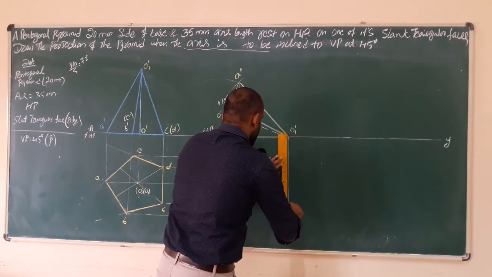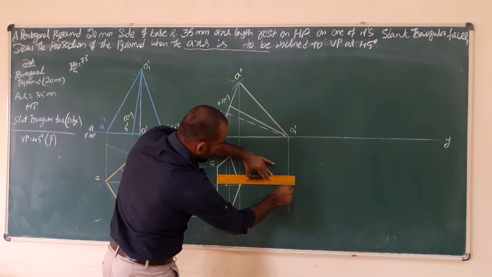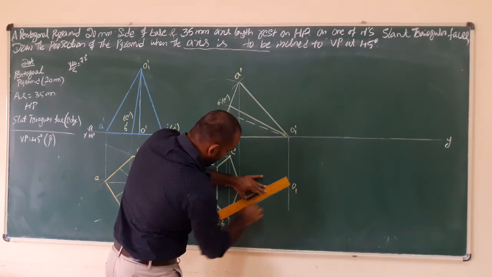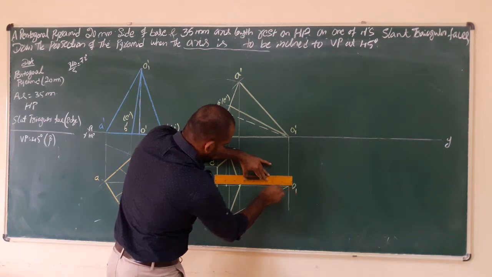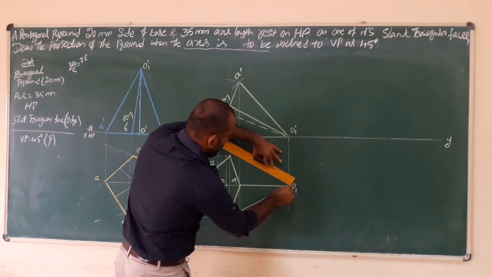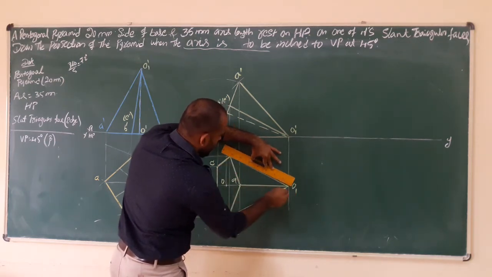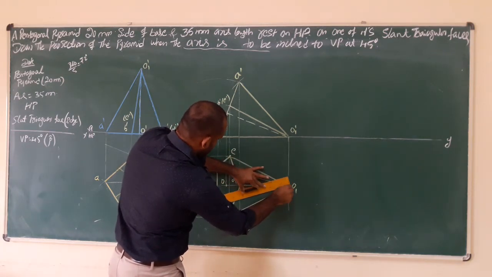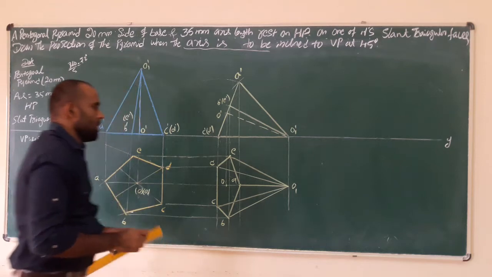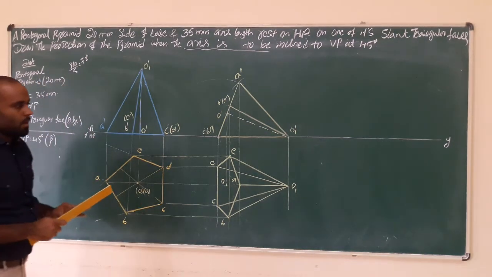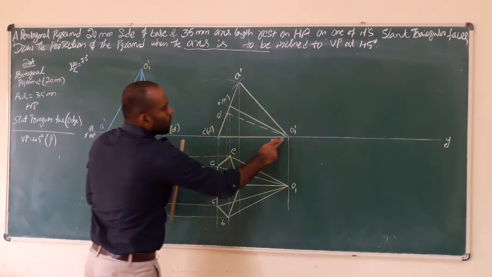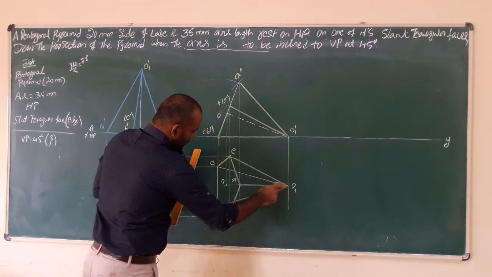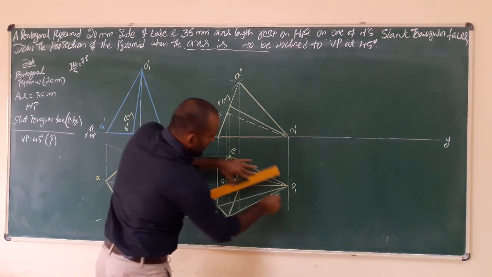Next O1, from the center O1, join all the lines, 2, 3, and the corner also C and A. But O to C and D is a dotted line. So